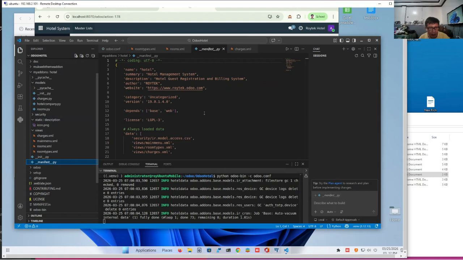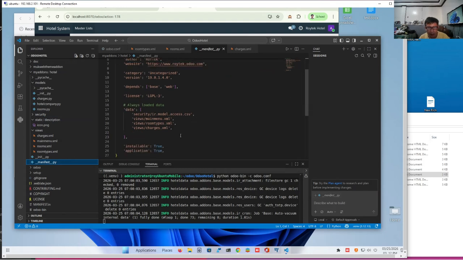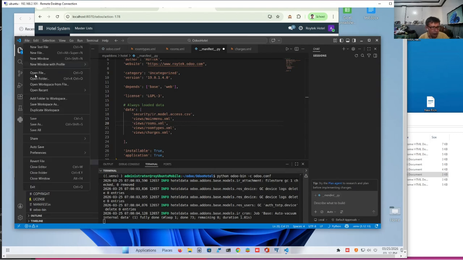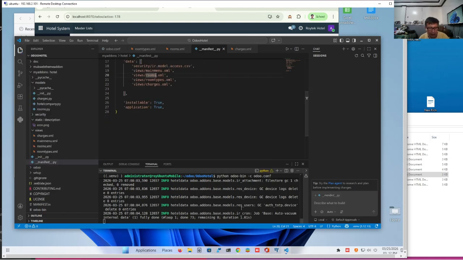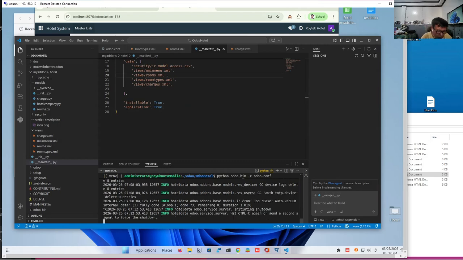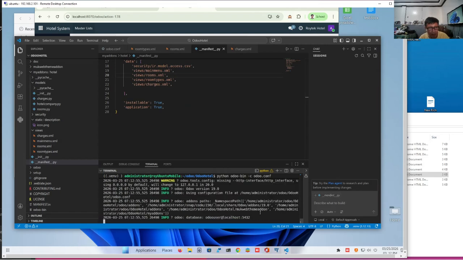By the way, the manifest.py should also be ordered according to their appearance in the menu. So for example, in this case, we have place room types before charges.xml. So we'll have this as rooms.xml. Okay. So from now on, things will be a lot easier because we're just going to do a copy and paste. It's good if we stop our server and then restart it again.